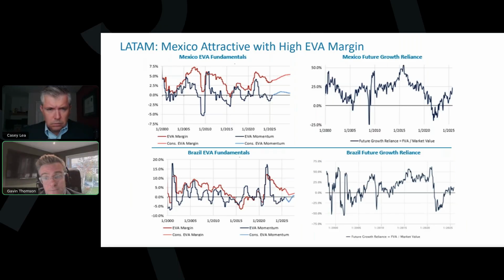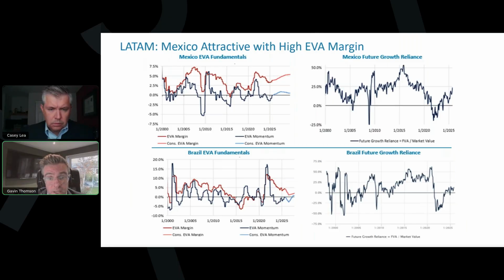And for almost the same level of economic profitability, you're only having to pay a premium of around 24%. So certainly the valuation versus profitability story makes Mexico look very attractive at this point. And EVA momentum has also been recovering from Q1. So again, we're seeing quite strong support from a profitability perspective. Obviously, there is still a lingering tariff uncertainty, but the profitability profile versus valuation story does suggest